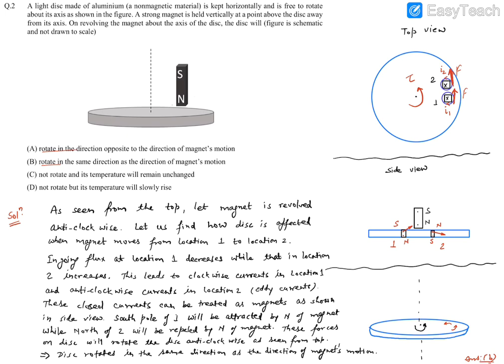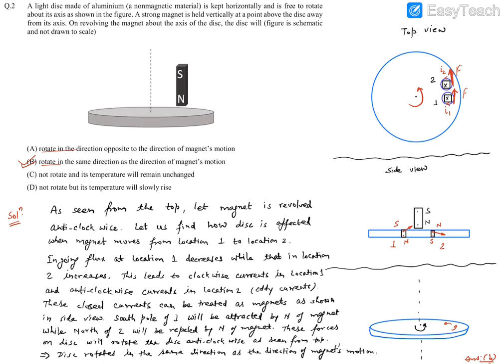Ultimately, it is found that the rotation of the disk was the same as the rotation that we started with for the bar. So the bar is moving in an anti-clockwise sense from the top view, and the disk is also moving in the same direction. Hence, we can claim that the disk is going to rotate in the same direction in which the bar magnet, or the magnet that was provided, is being rotated. Hence, option B matches perfectly, and we will answer it.